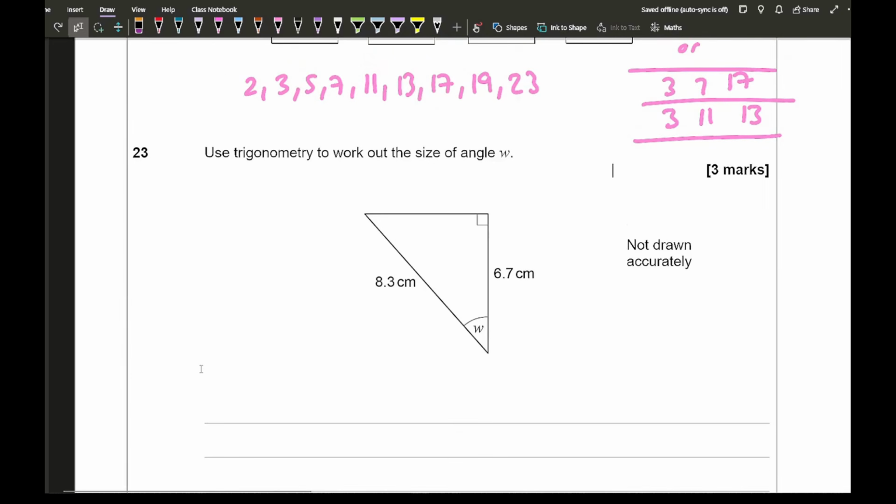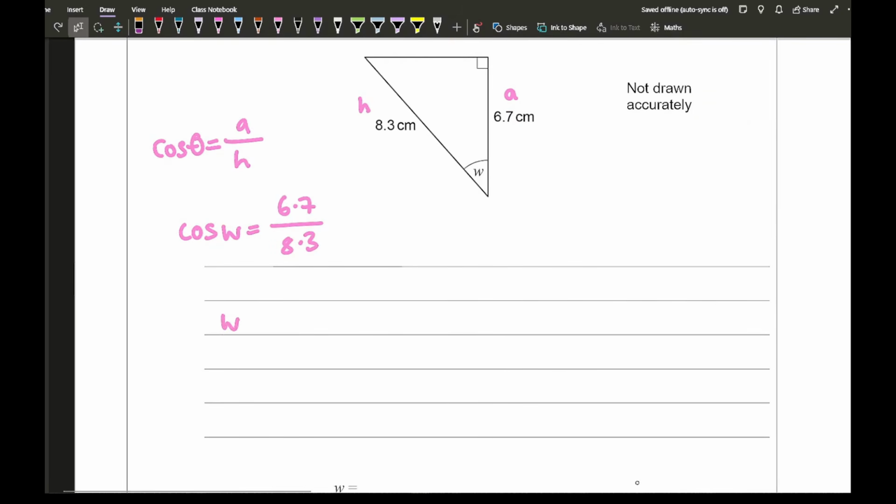Moving on to question 23, it says use trigonometry to work out the size of angle W. So the first thing we need to do here is label our triangle. So I've got A and H. So here I'm going to be picking the trig ratio, which is going to be cos. So I've got cos theta equals A over H. Substituting the values in, I've got cos W equals 6.7 over 8.3. So then to work out W, I do the inverse cos of 6.7 divided by 8.3, and typing that into my calculator,